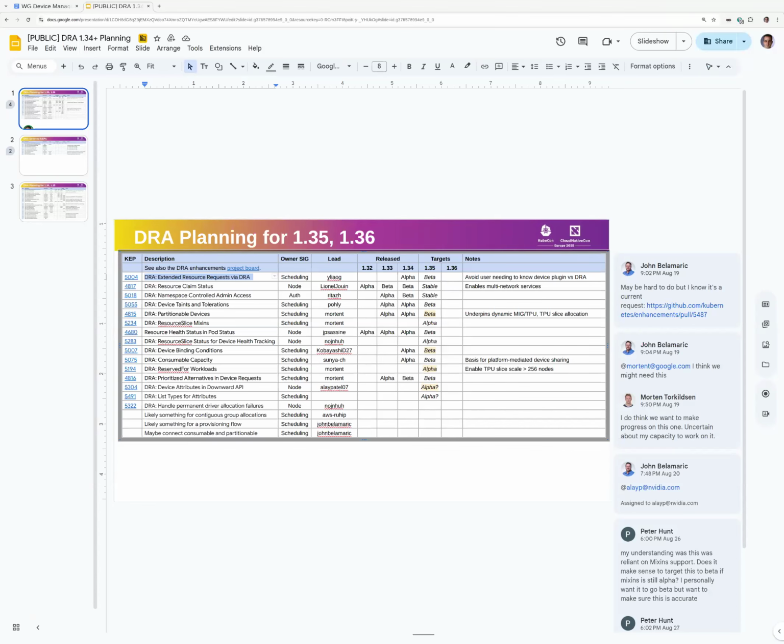Just to add, I think the issue was created and we identified areas of the development so far and assigned the issues to respective owners. So that's what we had a meeting about regarding the extended resource request via DRA. I'm part of this, and I wanted to work on adding this global cache issue related to this. So maybe I can share the link of the issue.